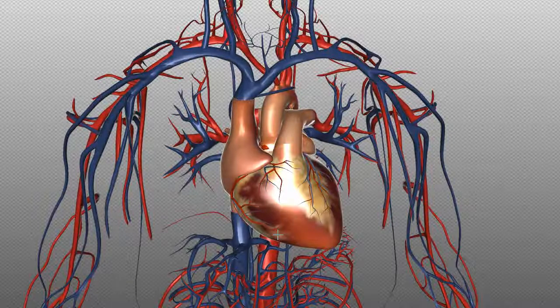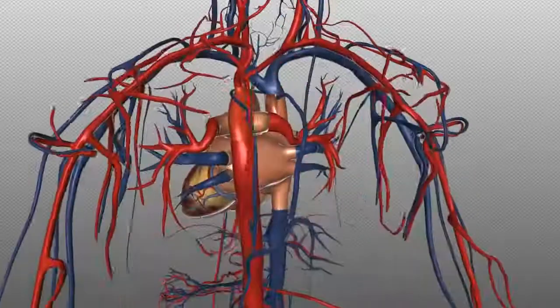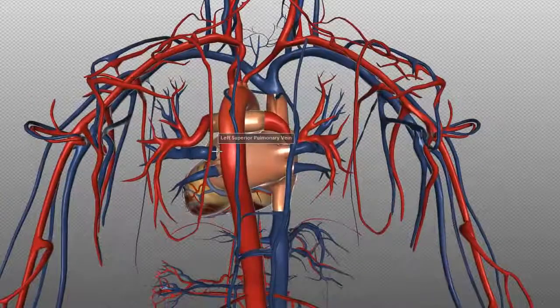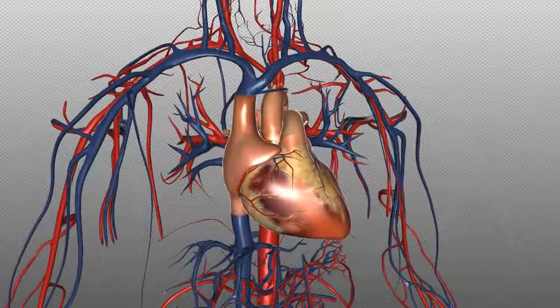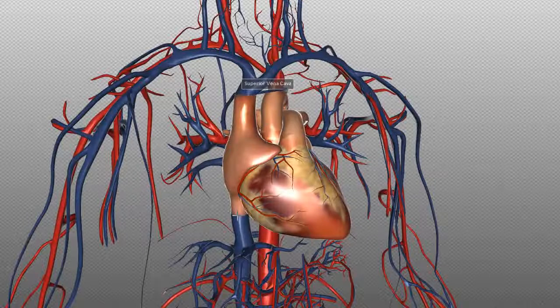So the great vessels are those vessels which take blood directly to the heart and take blood directly from the heart. So you've got 4 great vessels. You've got the vena cava, you've got the pulmonary trunk, the aorta, and you've got the pulmonary veins. So blood is brought to the heart by the vena cava. You've got the superior vena cava and the inferior vena cava. So you've got these veins which drain into the vena cava called the brachiocephalic veins,